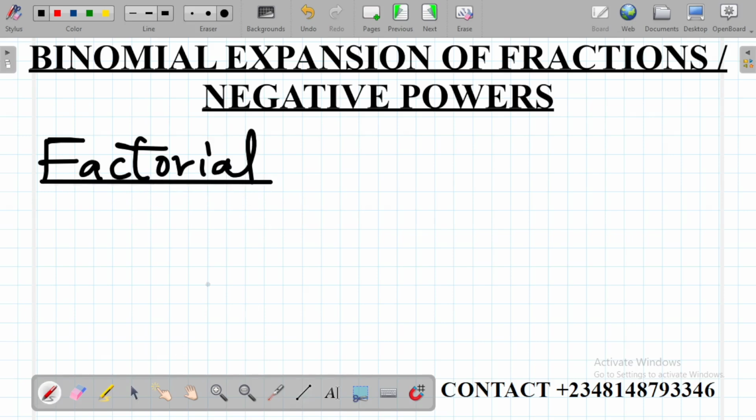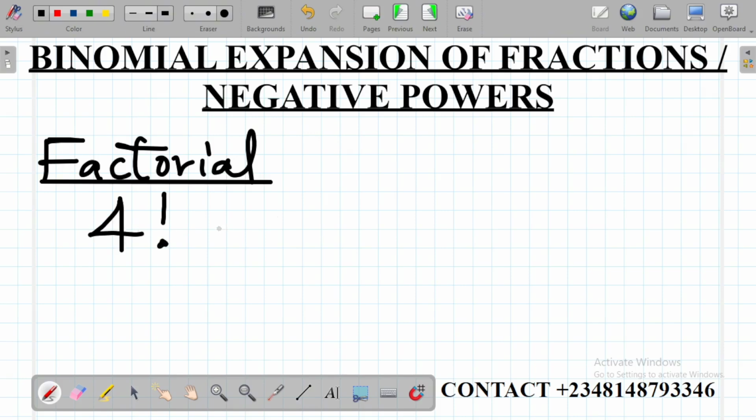What is a factorial? A factorial is a mathematical operation that multiplies every given positive integer by every positive integer below it down to 1. So if we say 4 factorial,